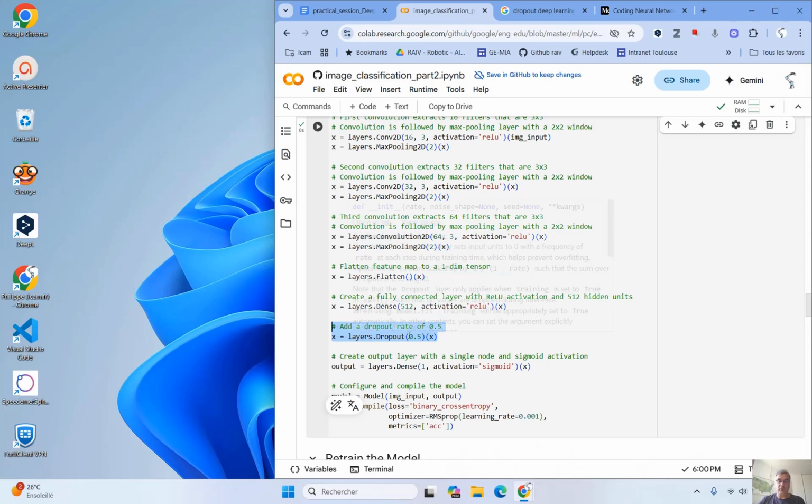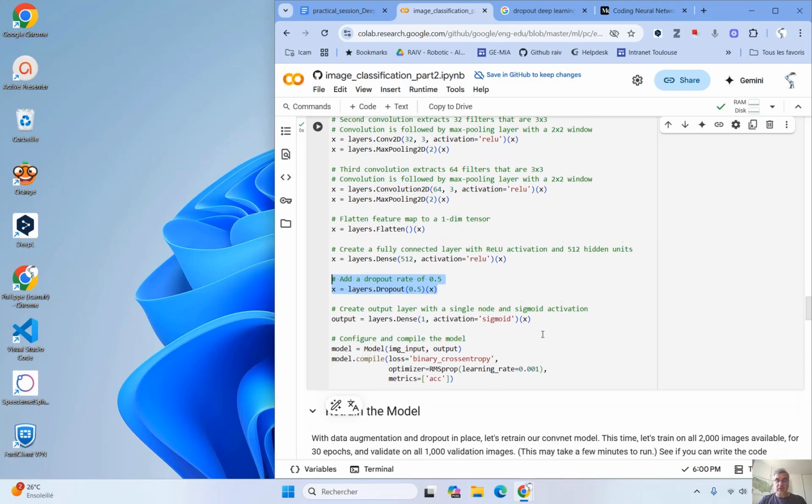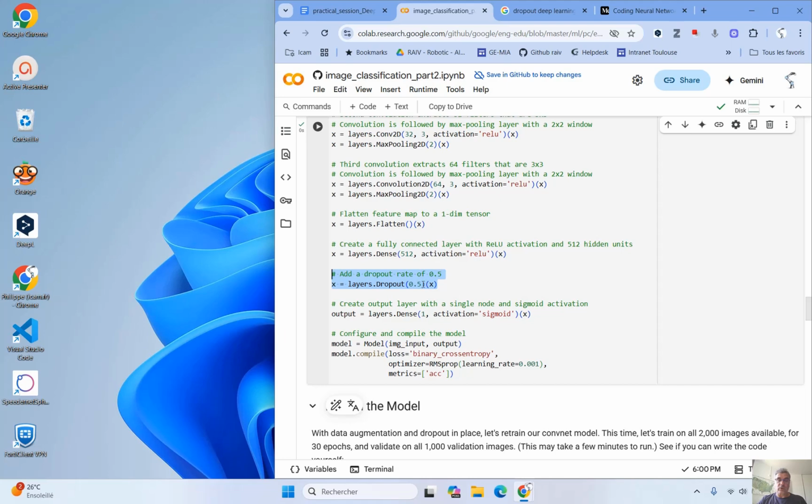So here, half of the times we disconnect the neuron. We can select how often we will disconnect it. The main idea of dropout is to avoid one neuron gaining the majority and having the full power.